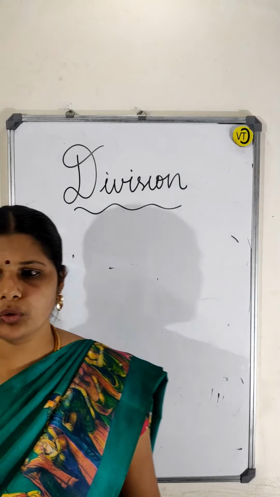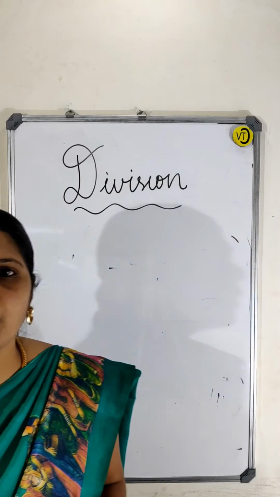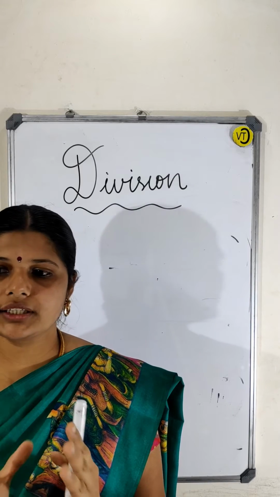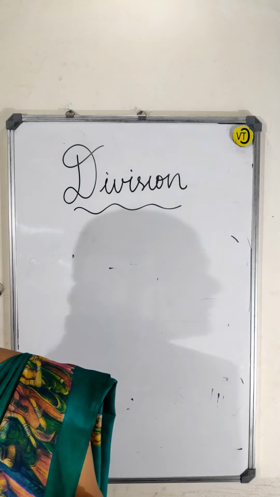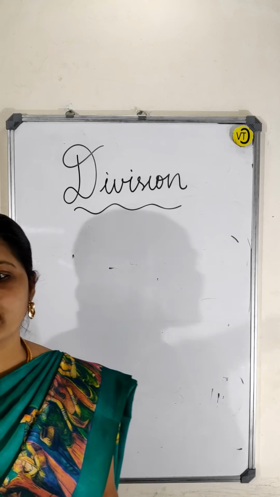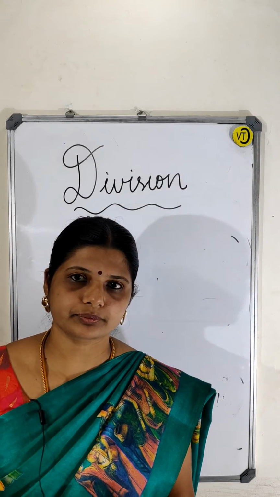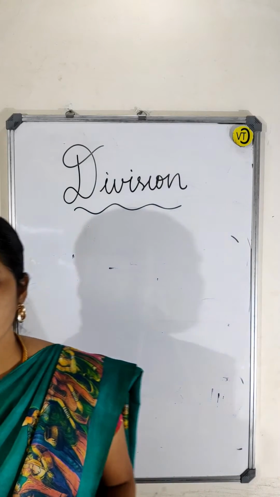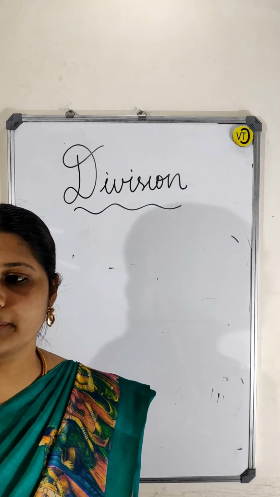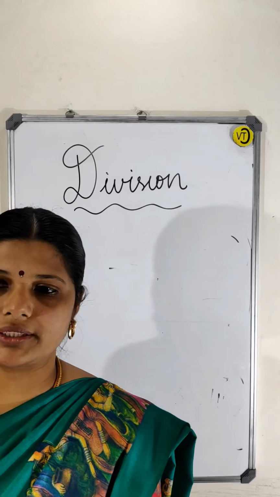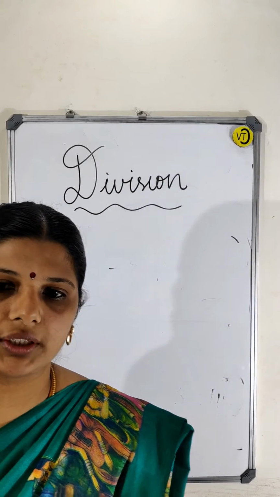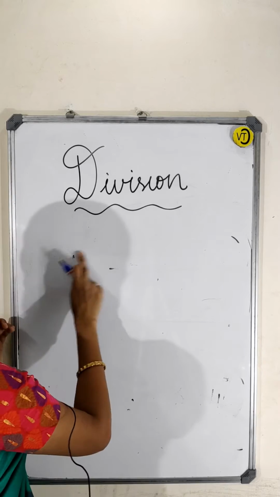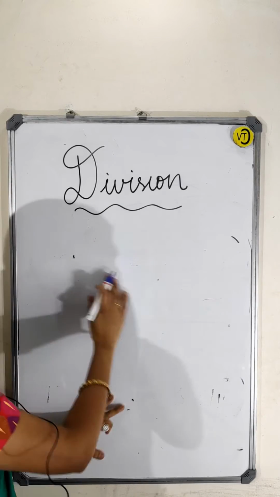Let us take one more example. A grandmom has 20 chocolates with her and she wants to distribute them equally between her 4 grandchildren. Okay, she was having 4 grandchildren. How many should she give to each of them? Let me explain how she has distributed. How many chocolates she had? 20 chocolates.